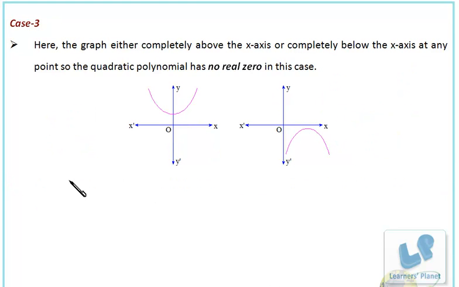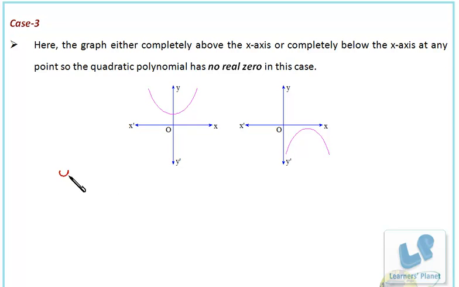Now the third case is when the graph or this parabola does not cut the x-axis at all, right? Here the graph is either completely above the x-axis or completely below the x-axis at any point. So the quadratic polynomial has no real zeros in this case, right? Now what's the example for that? Suppose